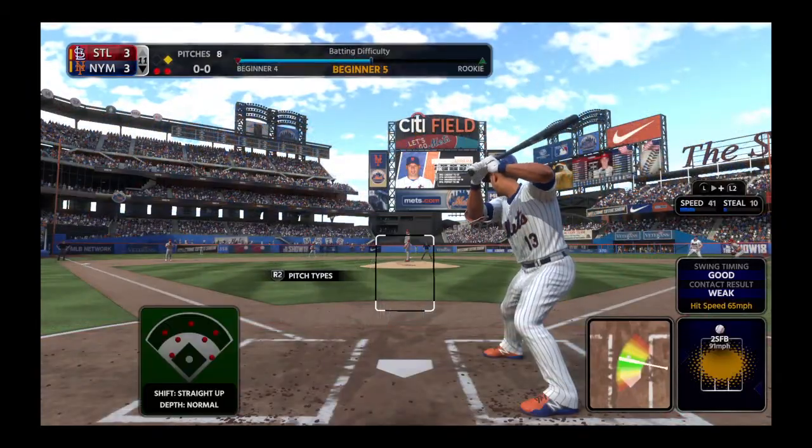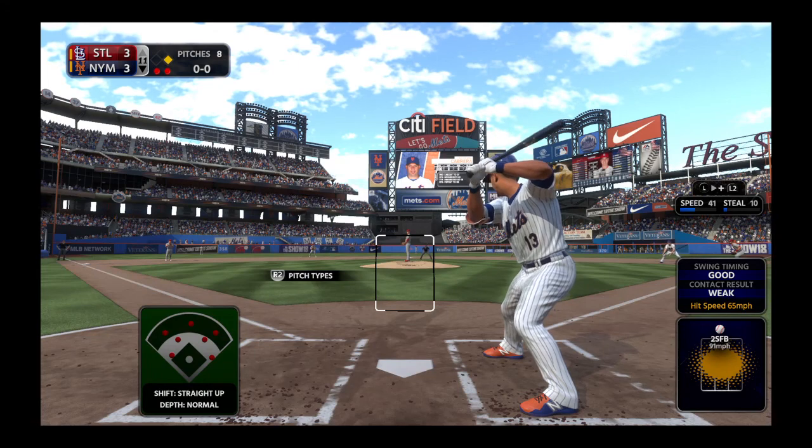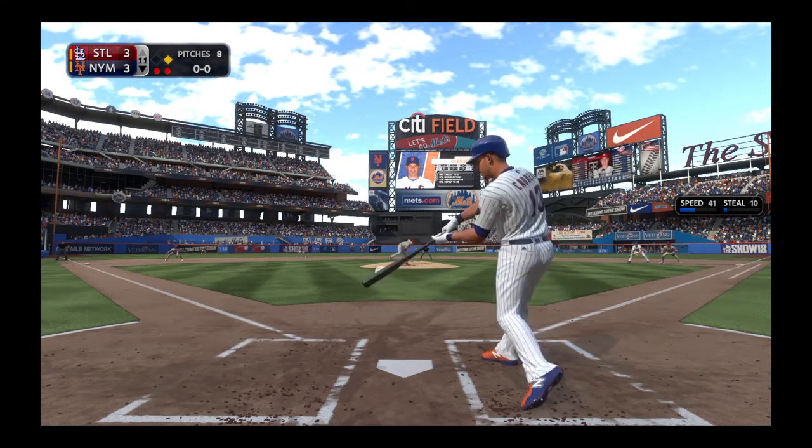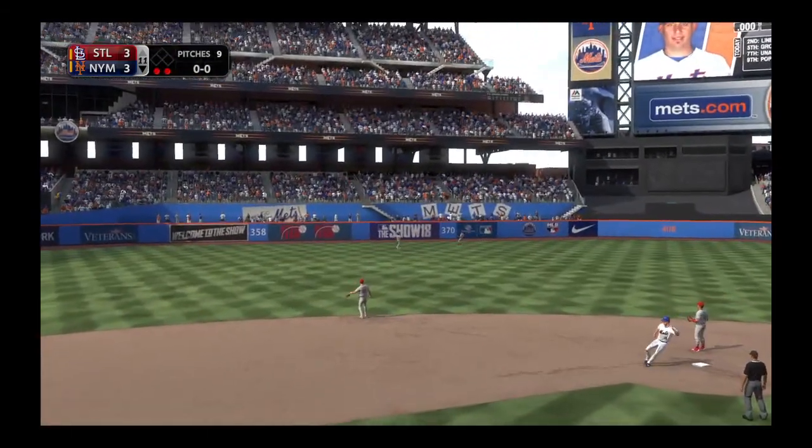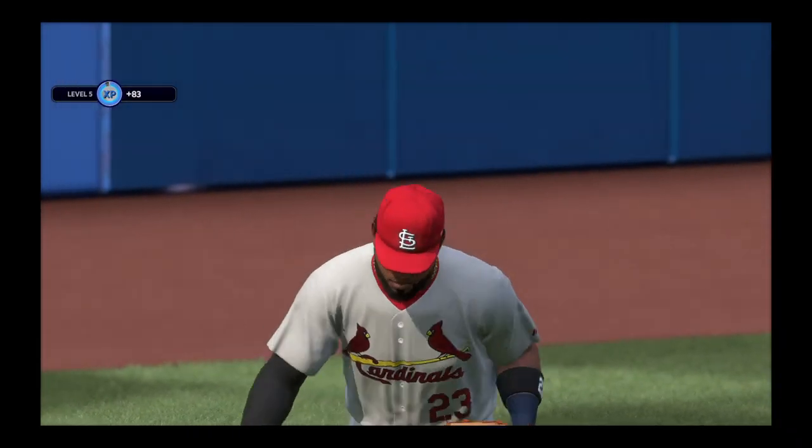So it's a runner at first with 2 men out, and that'll bring in the second baseman, Asdrubal Cabrera. Here's the first pitch. Lifted the other way out to left center. On the move is Ozuna. He's there to make the play, and that'll